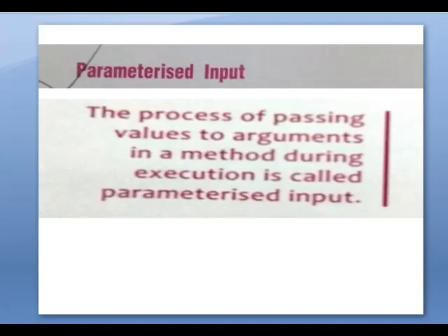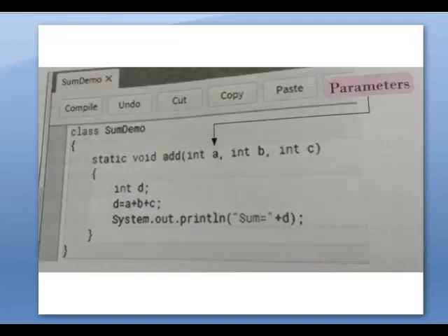When we are running the program, we have to give the value during the time of execution. We are not giving the value inside the program. So in initialization of variables, we are giving the values to a variable inside the program. Here, when we run the program, if the program is error free, it will ask for the values. So during the execution of the program we are going to give the values, that is called parameterized input.